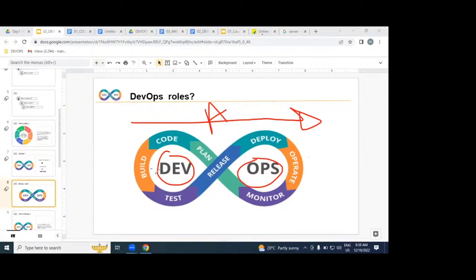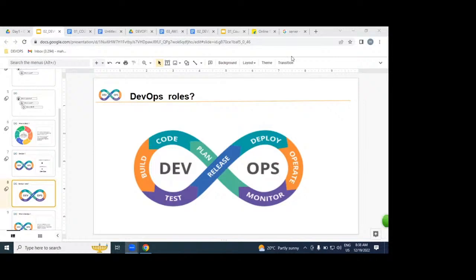For example, developers write lines of code, the software. The software is going to move into the production environment with an automated process. That automated process is created by DevOps. That is the only role we play in SDLC. Developers write code, testers write test cases, DB administrators and AWS administrators do their work. All the people together complete our SDLC process. On top of the SDLC process, as a DevOps engineer, we implement an automated process.